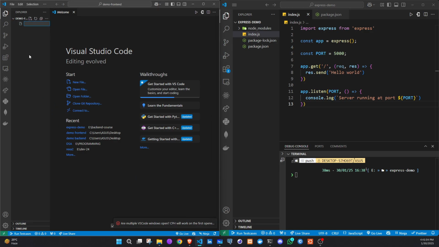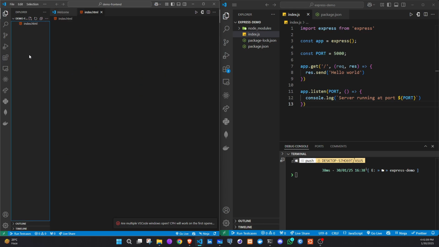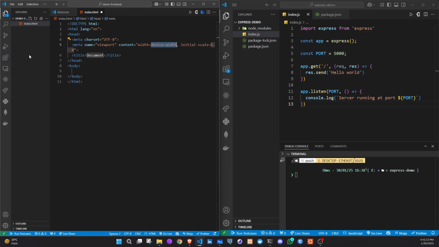Now create an index.html file and you can press the exclamation and press enter. You will get the boilerplate for starting with your HTML. Now inside the body, create a header tag, name it